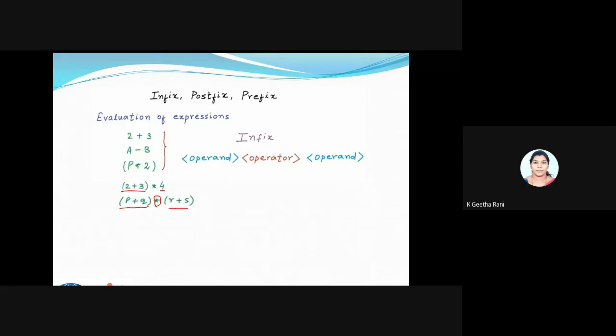The point here is that my expression can be an operand too, not only 2 and 3. The whole expression is also an operand. So this is the notation of infix.